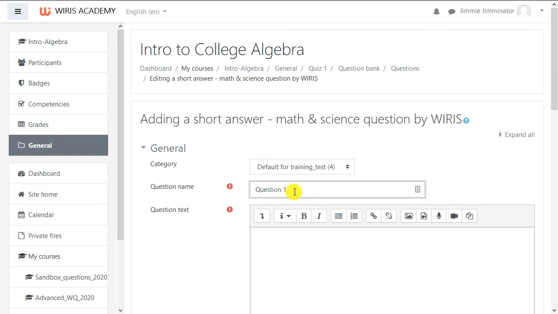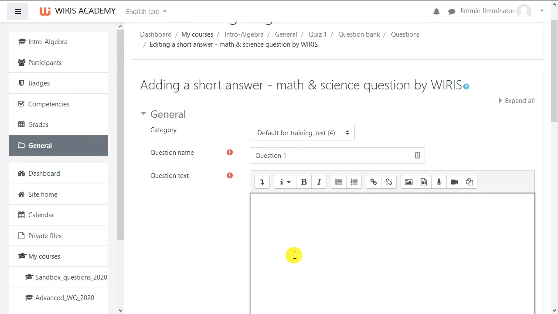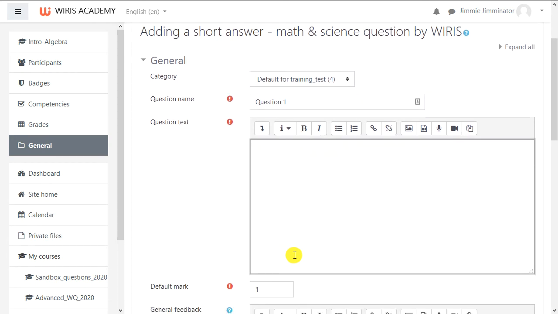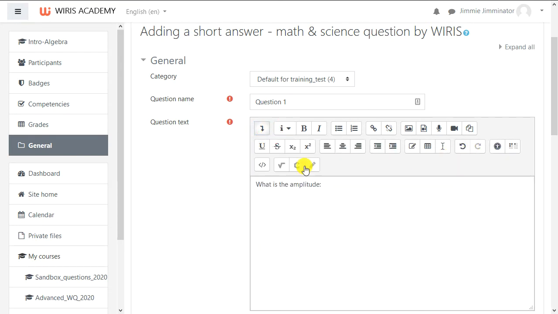Let's enter our question. In our question, as well as our answer, we'll be using variables with randomized values, so each student sees a different version of the quiz. In order to let Wireless Quizzes know it's a variable, we need to precede it here with the pound sign. To open the Math Editor, click the Show Hide button, then click the Math Editor icon.